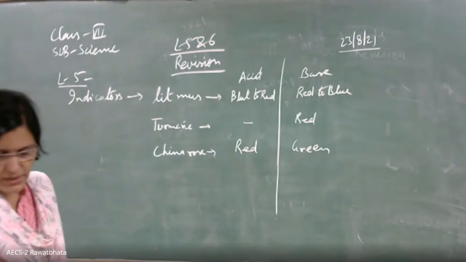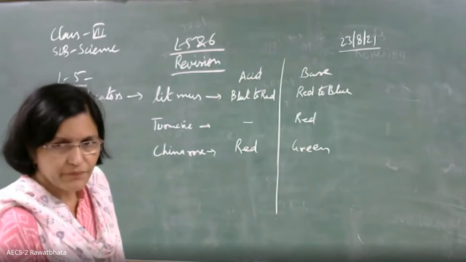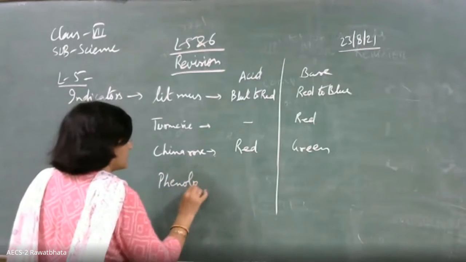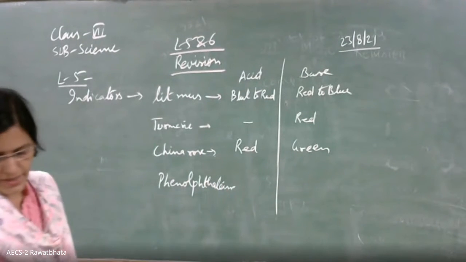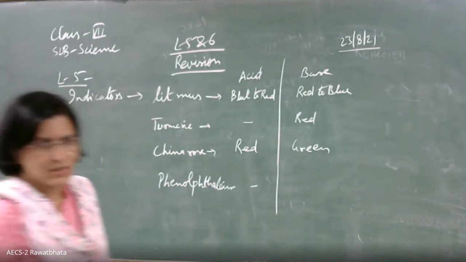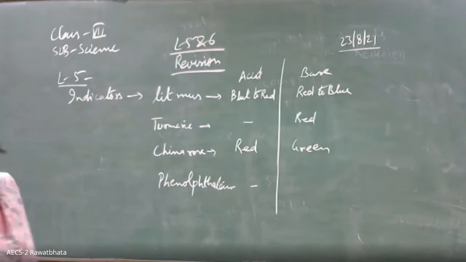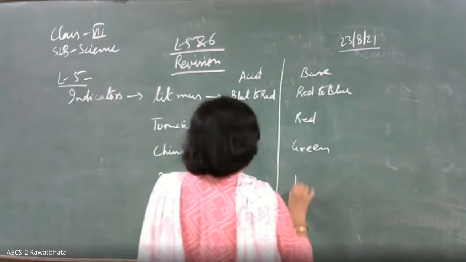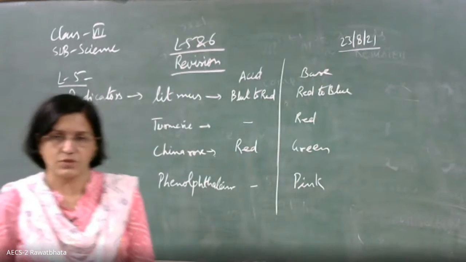And last but not the least, we are going to take up the example of phenolphthalein. Here, of course, there is no change, it is colorless. And once it goes in a base, it becomes deep pink, or you can say red in shade. Deep pink color it gives actually. We have covered this activity in the class. You can recall. Now comes the question.